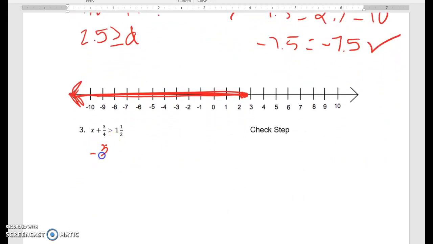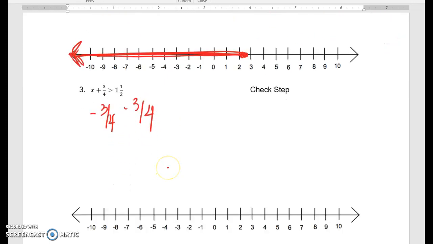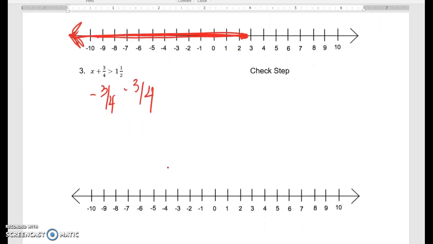To get x by itself, I'm going to subtract 3/4. Let's get it down a little bit more. You're left with x is greater than. However, though, in order to do this, the first thing I'm going to do is I'm going to just keep that 1 right here. And what I'm going to do is I'm going to convert this 1/2